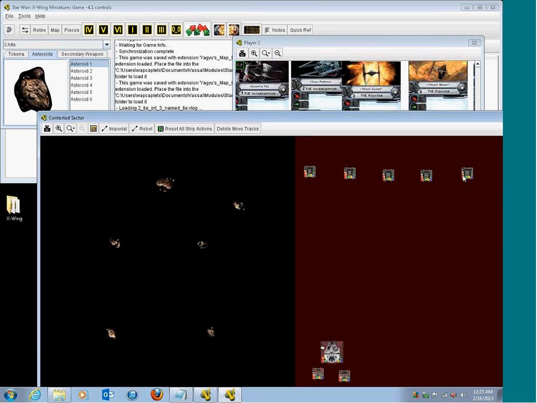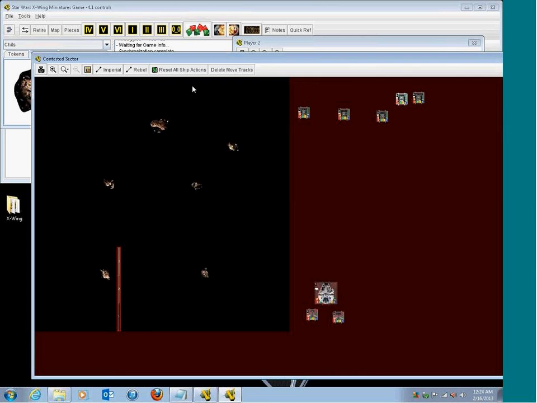Your ship is 5, right? I've got 2 5s. I've got Winged Gundark and Dark Curse. Oh, he's a 6. Okay. I've got Night Beast, I believe. Yeah, they're 5s. So I will put. So how do I? My guy is a 2. Oh, you're rookies. Okay. And then I have Biggs, who is a 5. So put